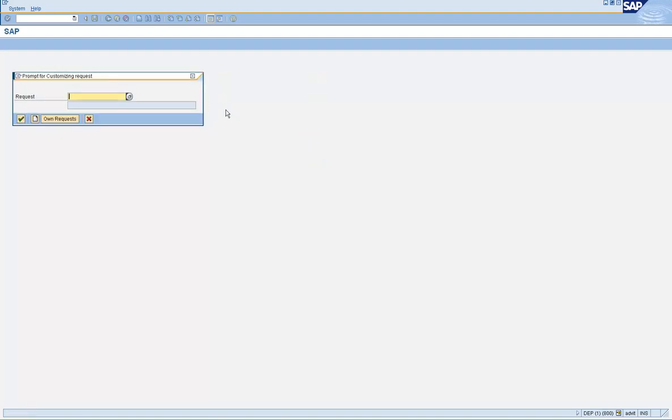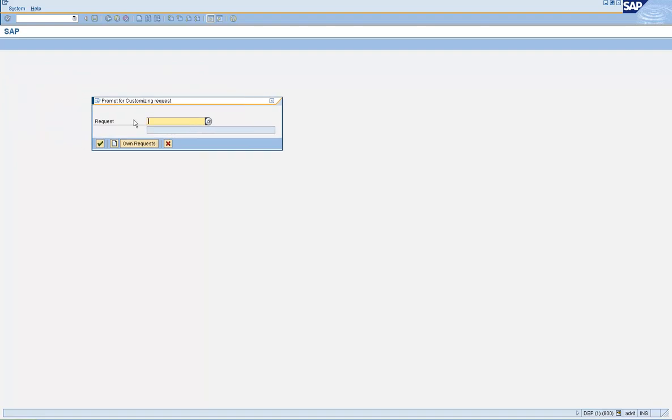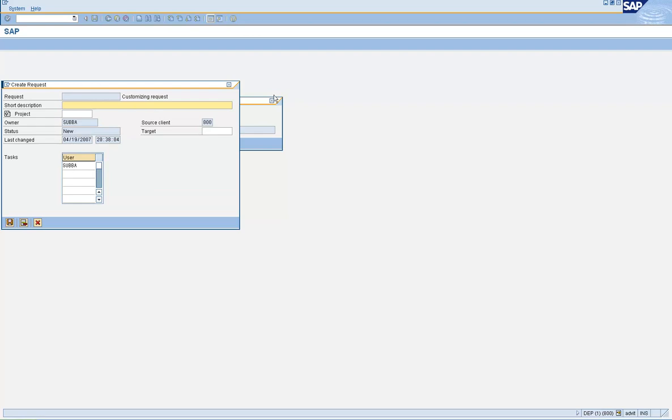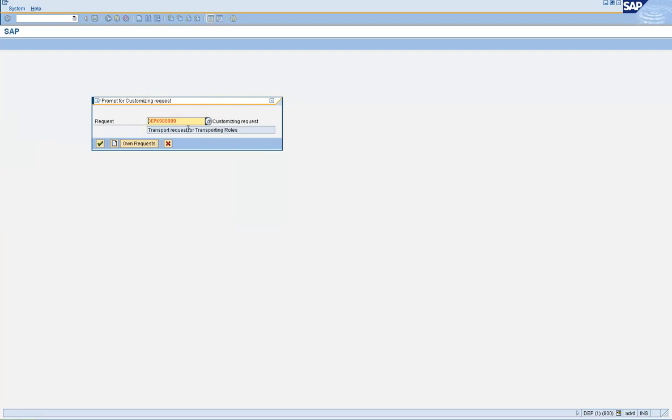and you'll get a box for creating a transport request. So click on the create icon, and give a brief description. So a transport request is created.